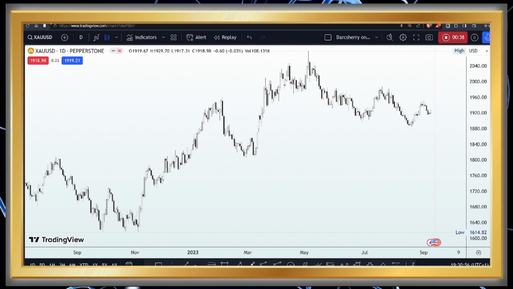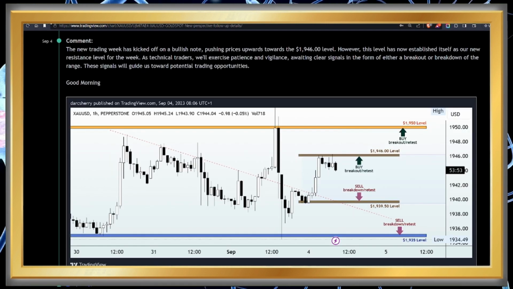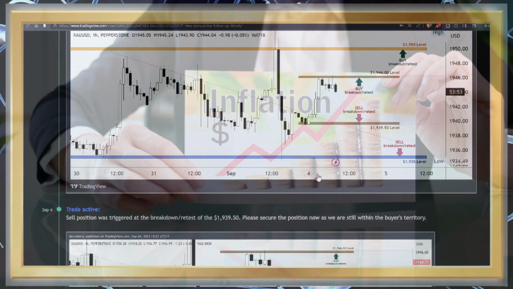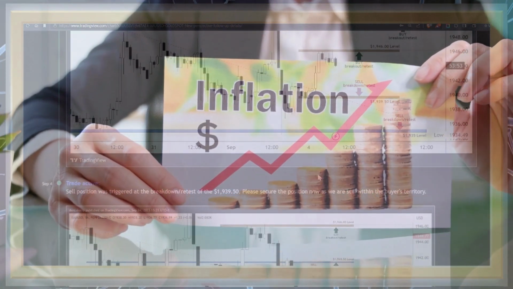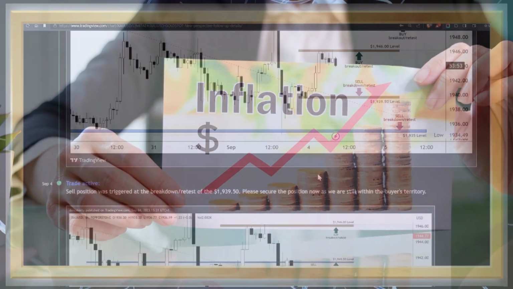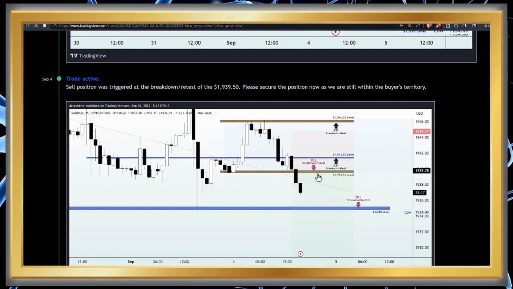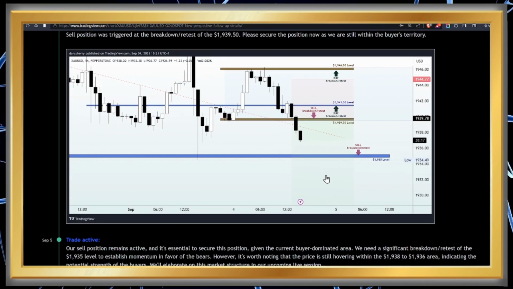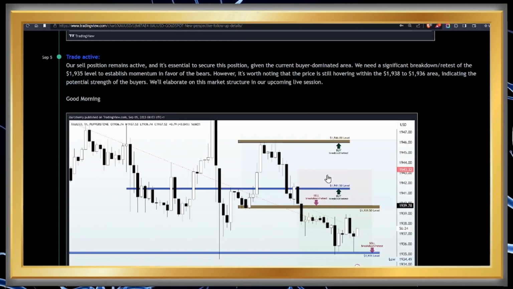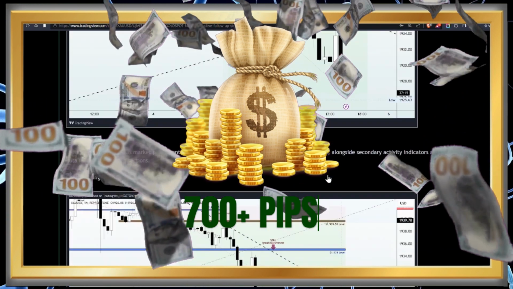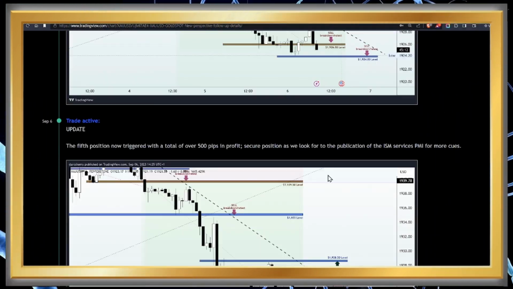But before we go into the details on that one, the previous week was nothing short of spectacular for us all in this community. Inflation as measured by the CPI data surged yet again, hitting 3.2%. This renewed vigor has raised the possibility of the Fed tightening its monetary policy further. And of course, the aftermath of this news was a bearish sentiment that paved the way for a bearish setup, resulting in a remarkable 700 pips minimum in price movement in our favor.